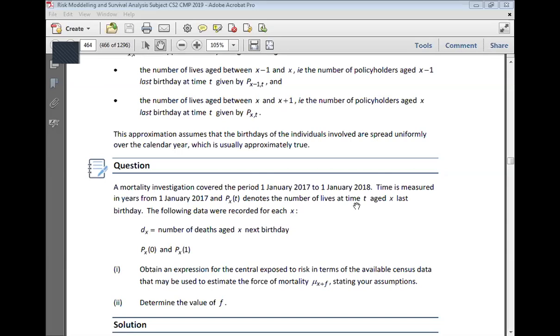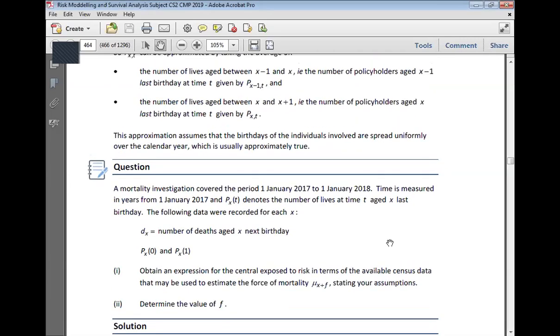Right. So we use age next and age last, right? And I guess the easiest conversion is whenever we are asked to convert from age last to age next, or vice versa, because either you will have to add one or you will have to subtract one, right? So, okay. The very first question asks me to figure out some approximation for the central exposed to risk for